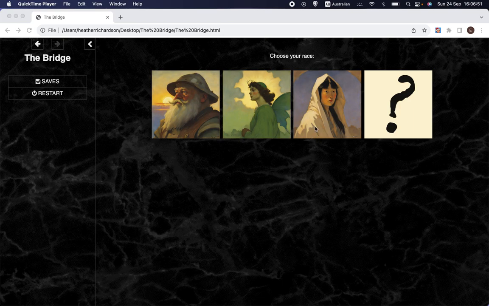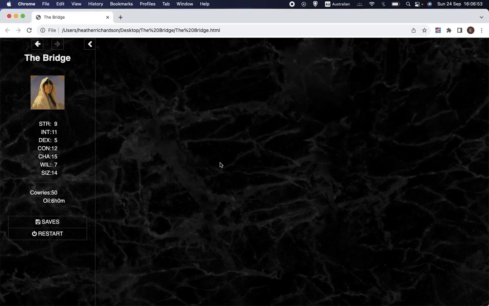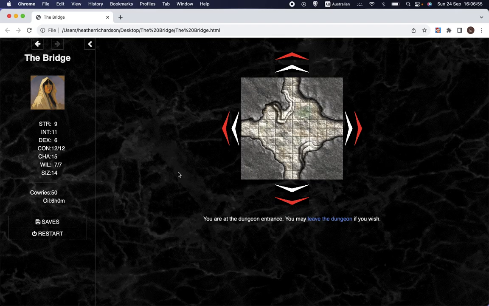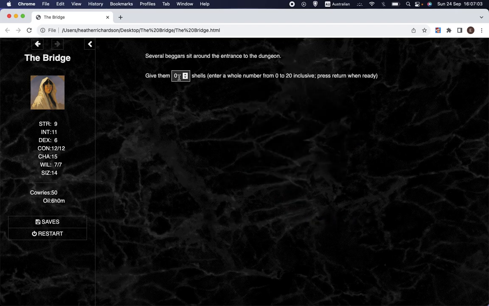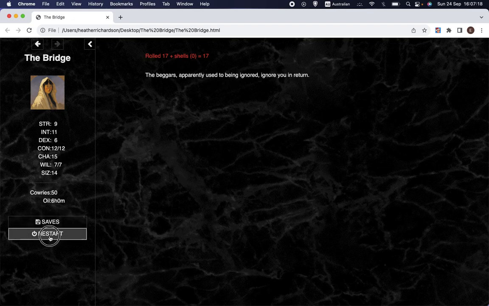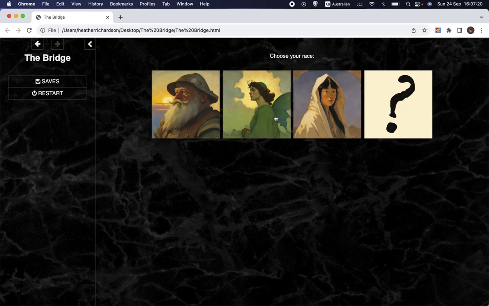As I demonstrated in my last video, I've added something to the game where you may leave the dungeon if you're at the starting space or the starting area, and you find yourself around some beggars and you have to decide how many shells, if any, you're going to give them. And if you're lucky and you don't give them enough, then you'll be fine. But if you are unlucky